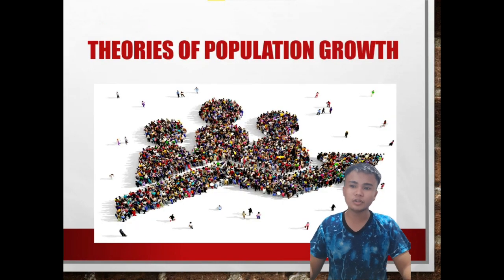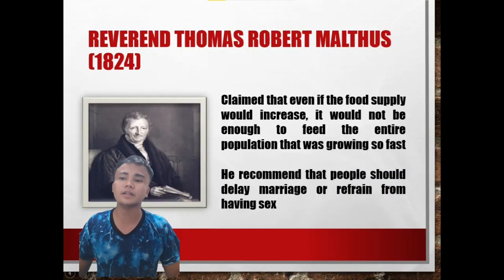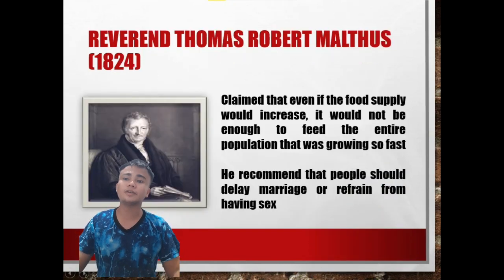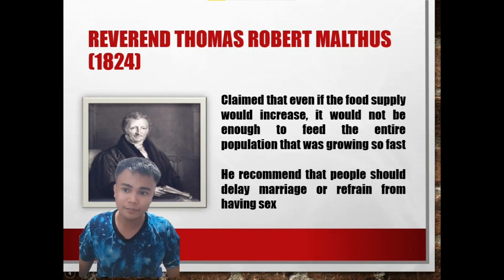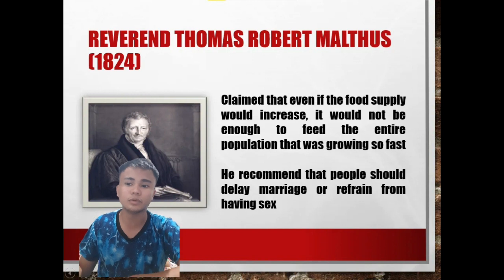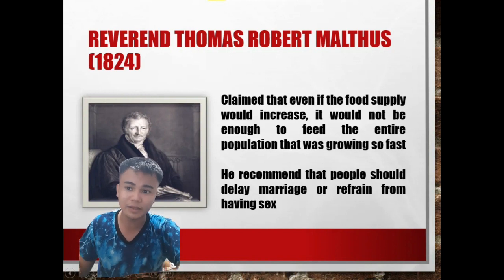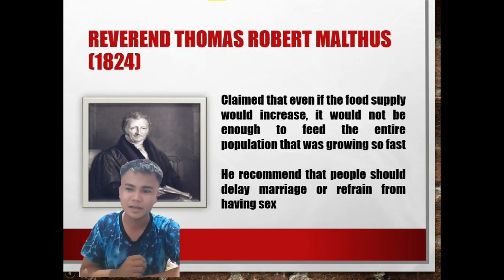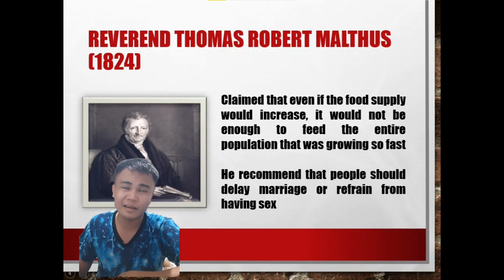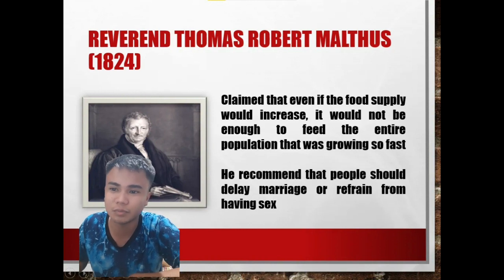So, theories of population growth. According to Reverend Thomas Robert Malthus in 1824, even if the food supply would increase, it would not be enough to feed the entire population that was growing so fast. He recommended that people should delay marriage or refrain from having sex. And I kind of agree with this because